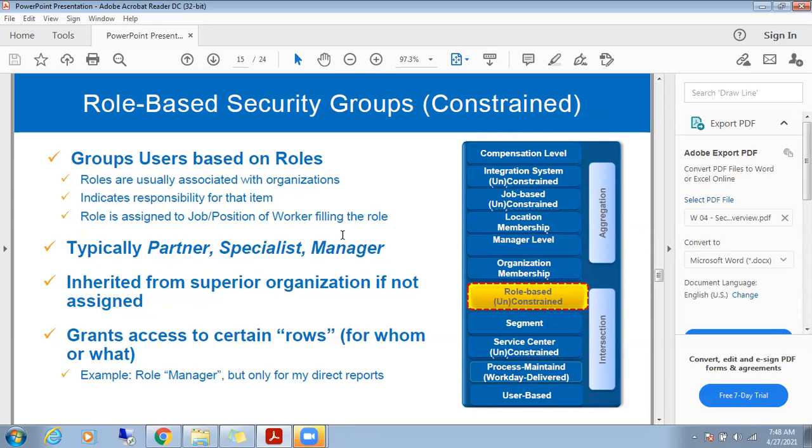Typically, you can look at partner, specialist, manager, HR partner, HR manager. Try to remember these roles. So how to remember user based? Admin, administrator. When it comes to role based, HR manager, HR partner, specialist, manager. Anything role based means manager. Simple, easy way to remember. Don't try to learn everything and then forget. Try to learn a few concepts and remember only a few, and it will be easy for you to crack the interview.